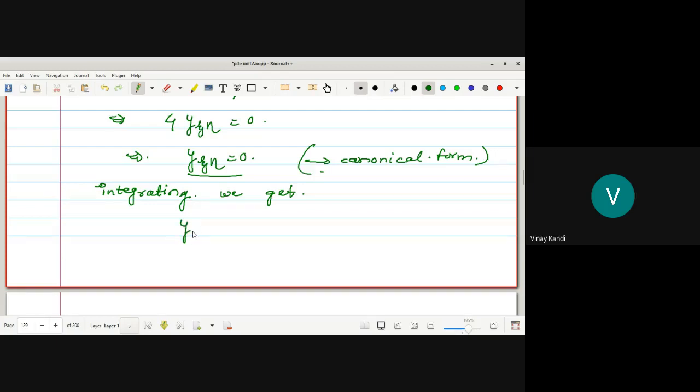First time integrating केल्यानंतर काय येईल? y xi with respect to eta केल्यानंतर काय येईल? A function of xi. Okay, काही येऊ शकेल, हा 0 येईल, कॉन्स्टंट येईल, काही येईल, पण फंक्शन ऑफ xi येईल. कसा येईल पहा. Again on integrating